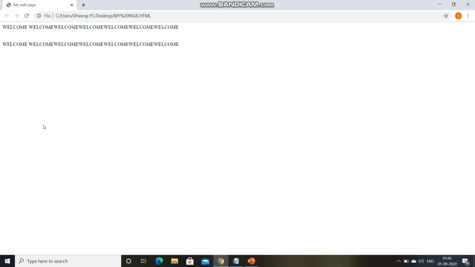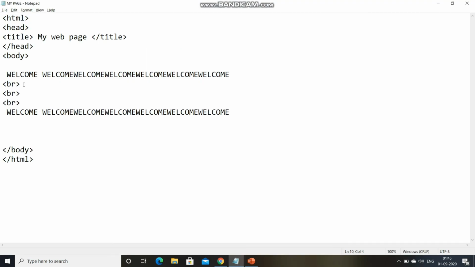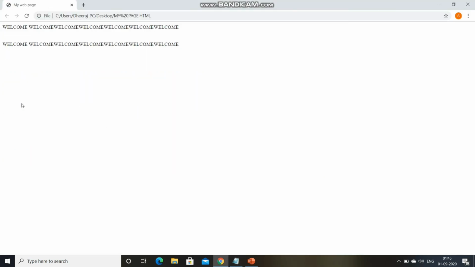So basically a line break also starts the text on a new line, but unlike the paragraph tag, it does not add an empty line above or below. In paragraph there is an empty line above and below, but in line break it is continuous. There is no gap or space between 2 lines. If we want to get space, we have to mention BR more than one time, then we'll get the space on the final web page, as you can see.